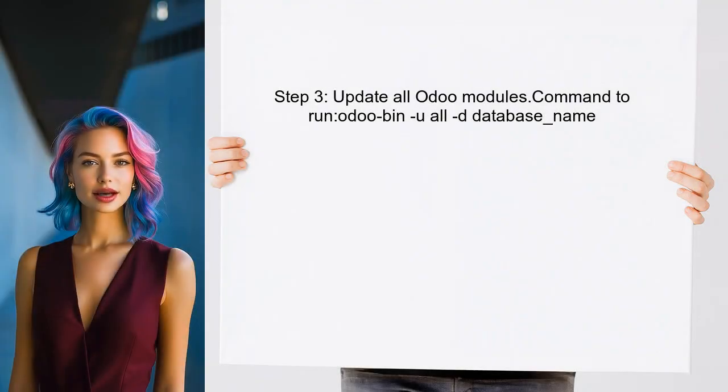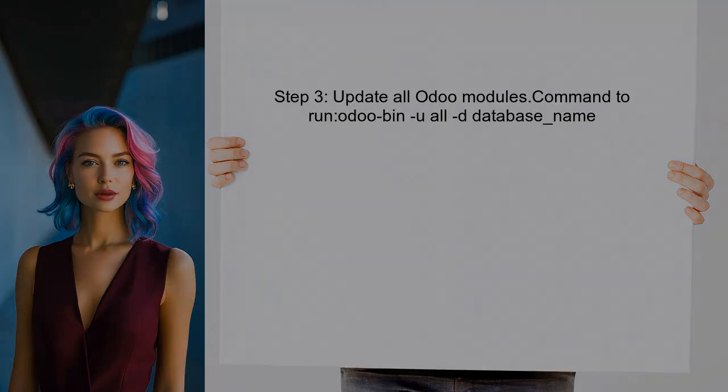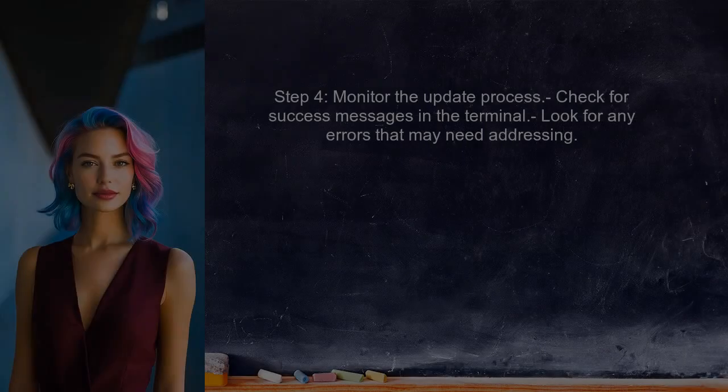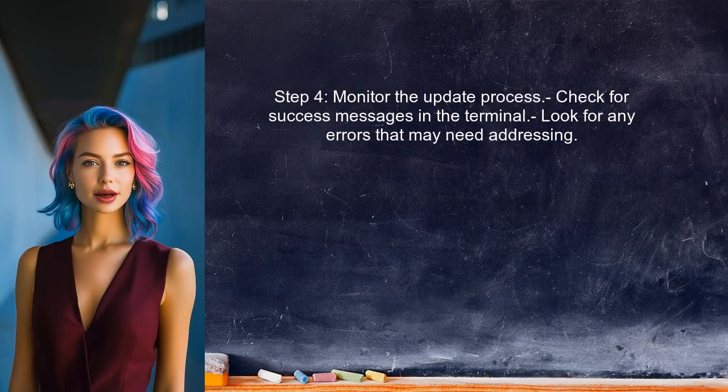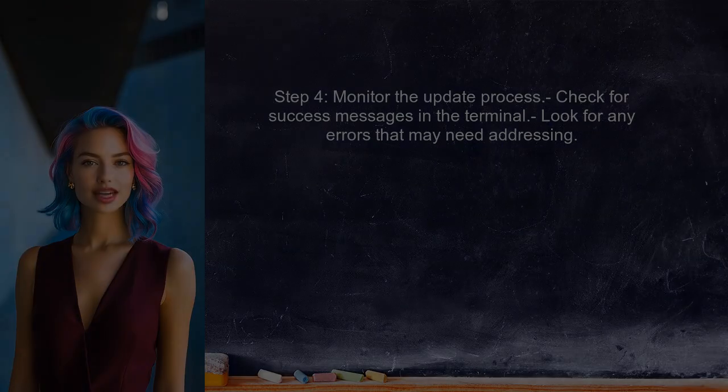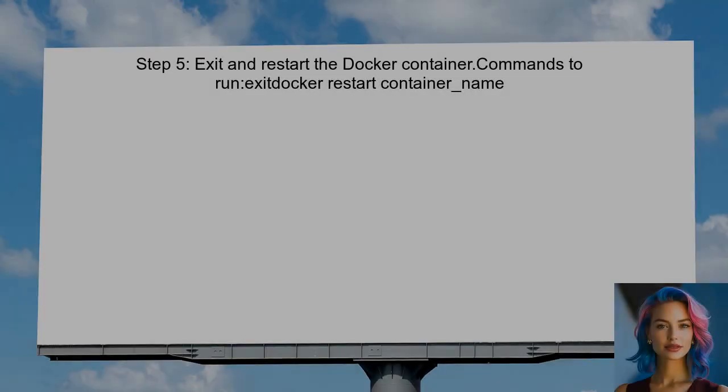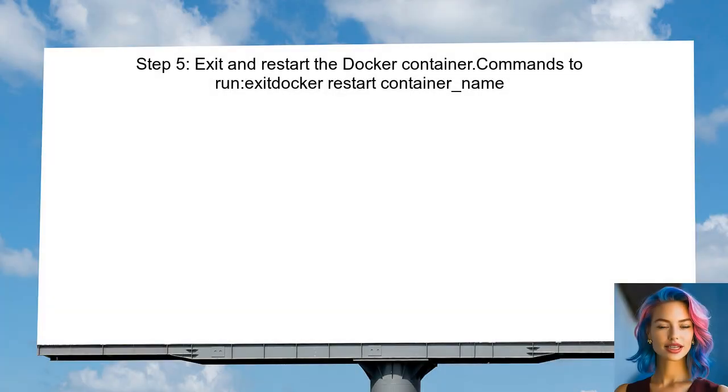Next, the user needs to run the Odoo command to update all modules. The correct command is to use the Odoo server with the update flag and specify the database name. After executing the update command, the user should monitor the terminal for any messages indicating the success or failure of the update process. Finally, once the update is complete, the user can exit the container and restart it to ensure